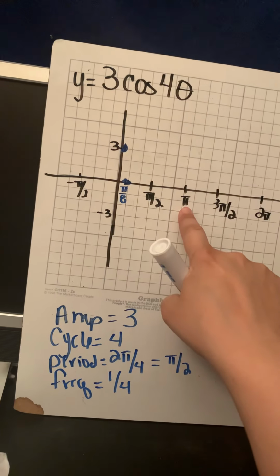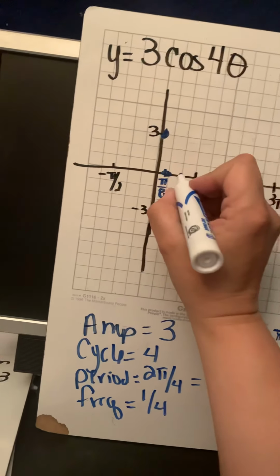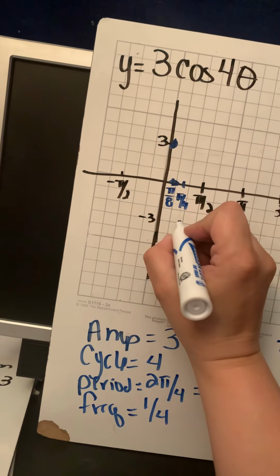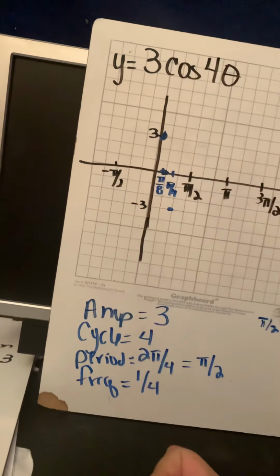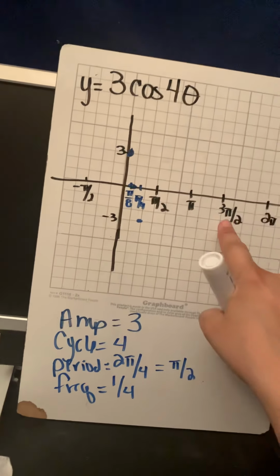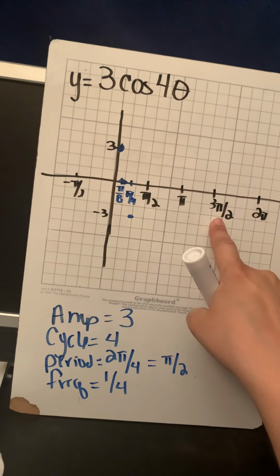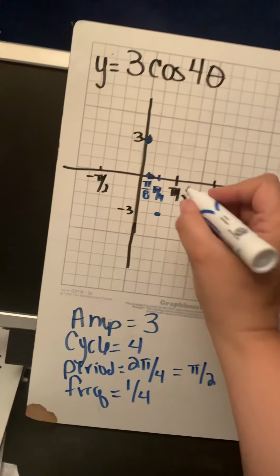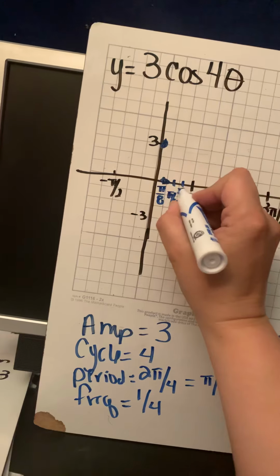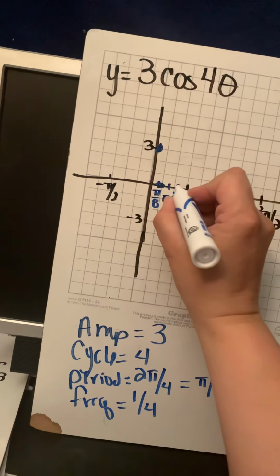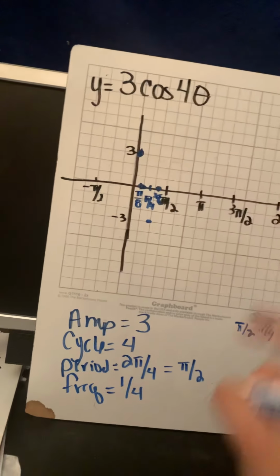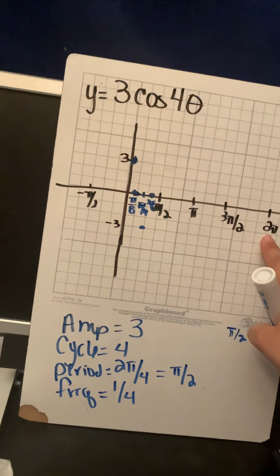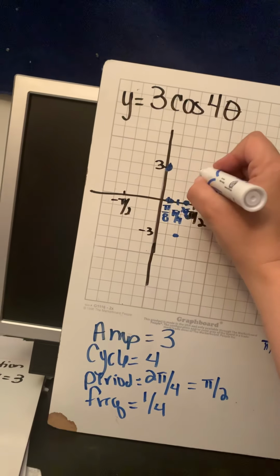Pi times 1/4 is pi fourths. So now we've got pi fourths, and that's going to be my minimum. 3 pi halves times 1/4 is 3 pi eighths. So 3 pi eighths, I'm going to put that in here. That's a 0. 2 pi times 1/4 is 2 pi over 4, which is pi halves. Here comes my